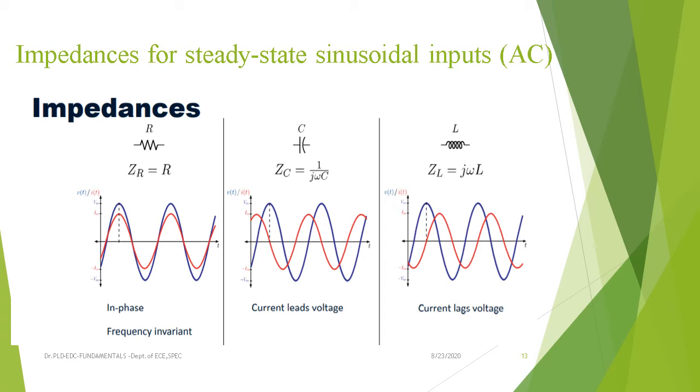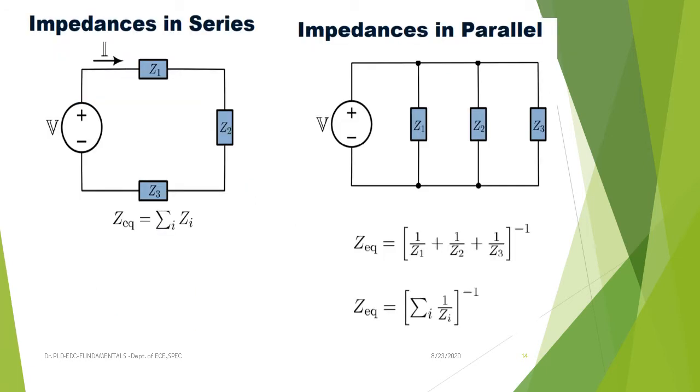Now let us see here. Only capacitive reactance is present, which is denoted with ZC equals 1 by j omega C. This is the reactance of the capacitor. If you observe these waveforms, current flowing through the capacitor is denoted with the I of red color. Voltage drop across the capacitor is denoted with V of t in blue color. If you observe these two waveforms, the current flowing through the capacitor and the voltage drop across the capacitor have some phase difference.